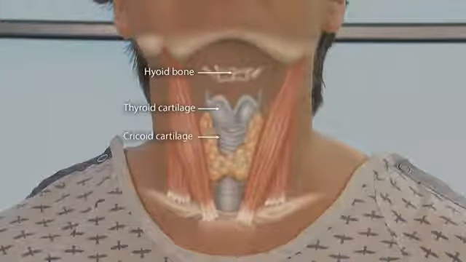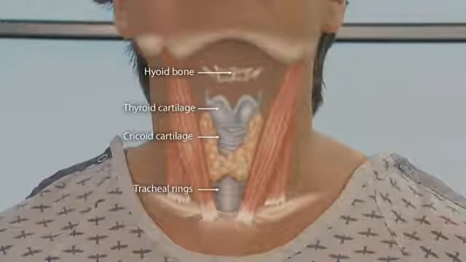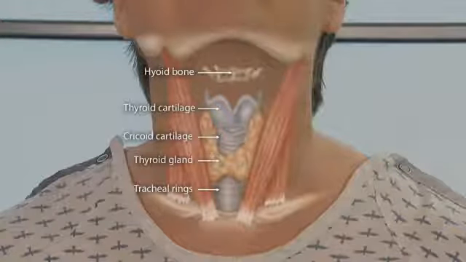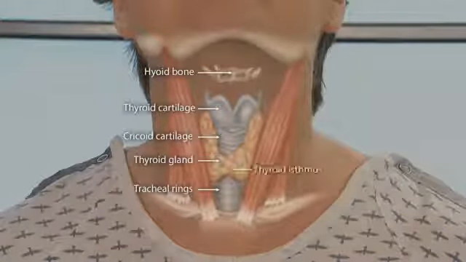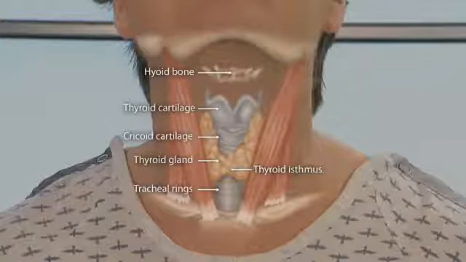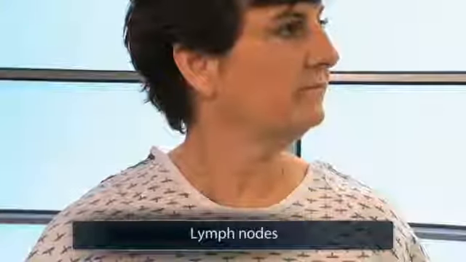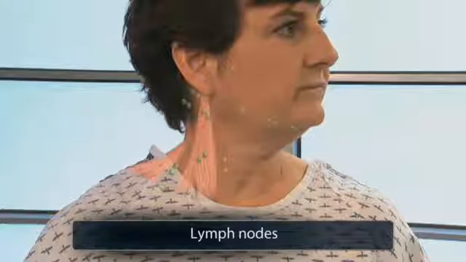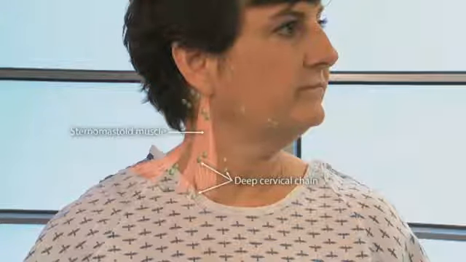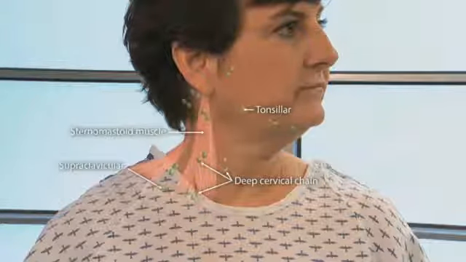The cricoid cartilage, the tracheal rings, and the thyroid gland are also prominent structures. The thyroid isthmus lies across the trachea below the cricoid. The lymph nodes of the head and neck are classified in a variety of ways. The overlying sternomastoid muscle largely obscures the deep cervical chain, but at its two extremes, the tonsillar node and supraclavicular